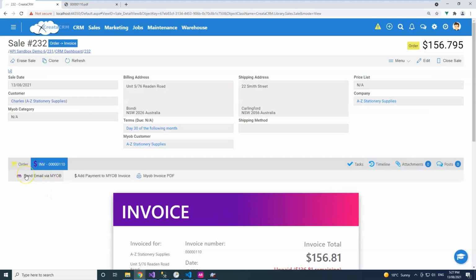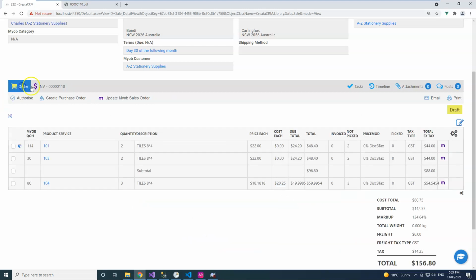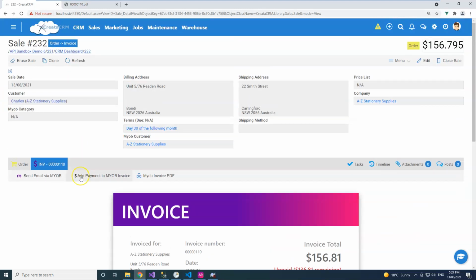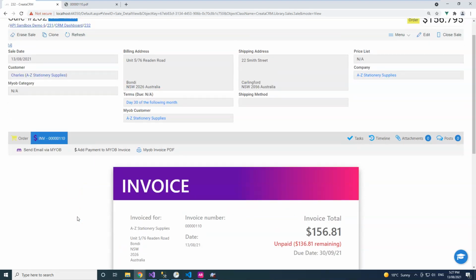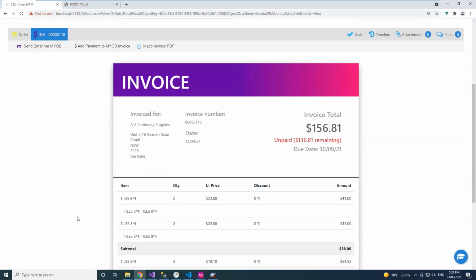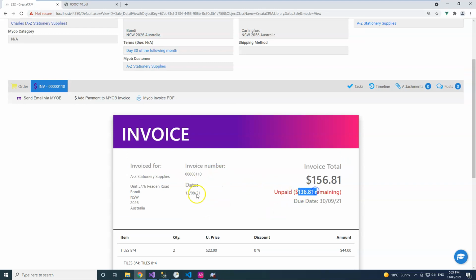So it's now removed it as a sales order and shown you that you have a MYOB invoice, and it obviously shows you invoice. So we have a beautiful experience here: we've done a sales order in here and done an invoice across here. There's going to be other videos because there's a heap more features in this package, but you can see what's going on here. Really simple, easy to look at, and the user can see that this is what's going on. That's still an unpaid amount. So next thing we're going to do is pay the full amount, and